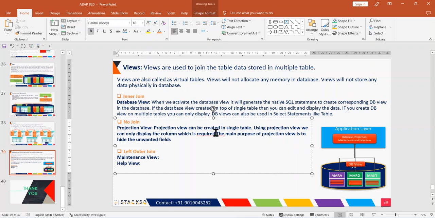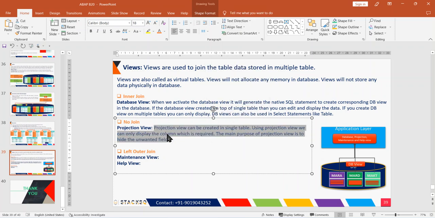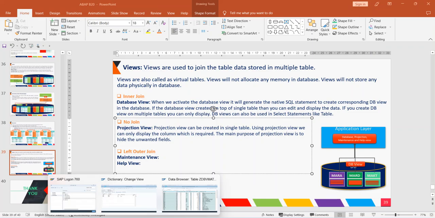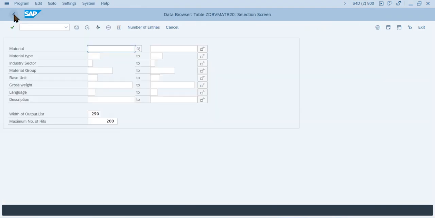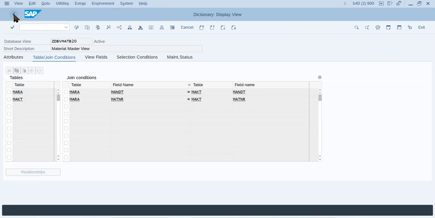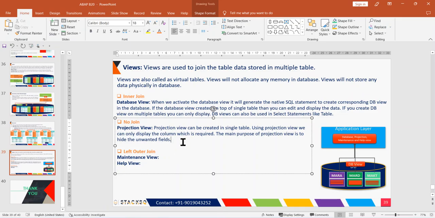Okay, so let's say for example you have the MARA table, and the MARA table has around 300 columns, right? The user will come to you asking that I want to display MARA table data, but I don't need all 300 columns. I only need a few columns of the table, maybe 10 or 15 columns, and I also should be able to edit the table data. Okay, so using a projection view,